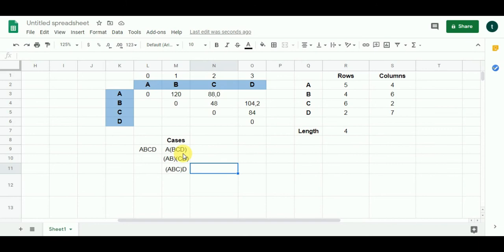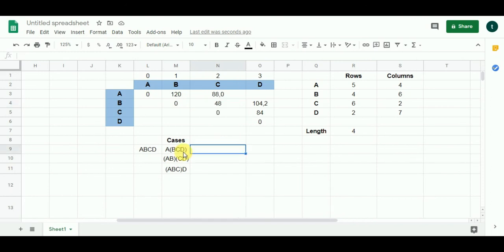That's what dynamic programming problems are all about. Okay, the result of the previous subproblems or the overlapping subproblems are stored, and they have been stored well in this matrix, and we'll be taking the results from here as we have been using them already. The cases. So these are the cases, and I'll be calculating their cost one by one.